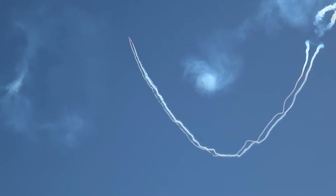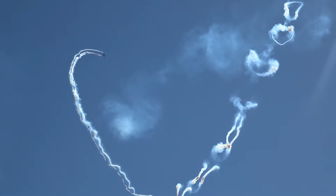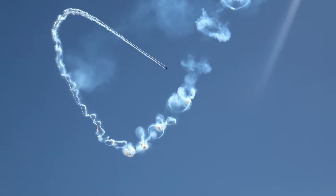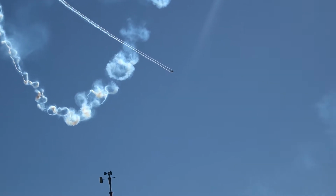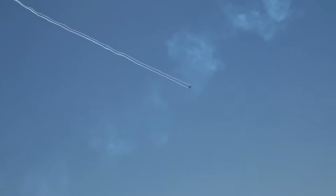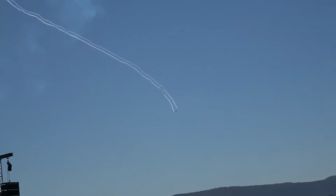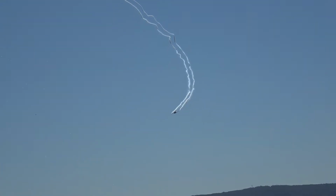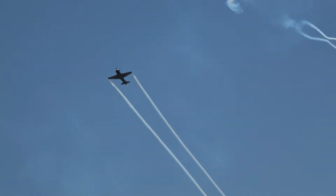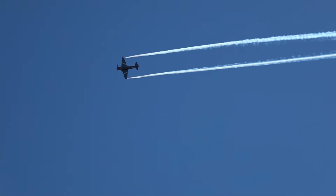Down at low level, the Luftwaffe pilots, when they first encountered this, were very quickly told, do not engage these aircraft at below 10,000 feet because they have an incredible performance. When you see one, or some of the ones that are now flying with the Allison engine, it's a V12, it has an incredible turn of speed and manoeuvrability. If you have a look at the wings, very, very pointy wing. Good roll rate. Very